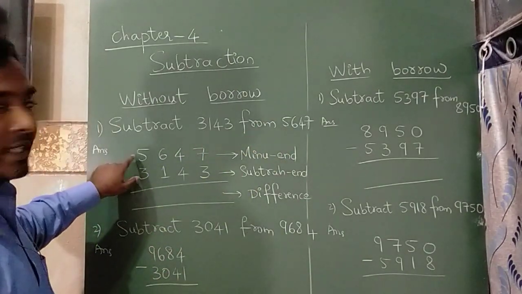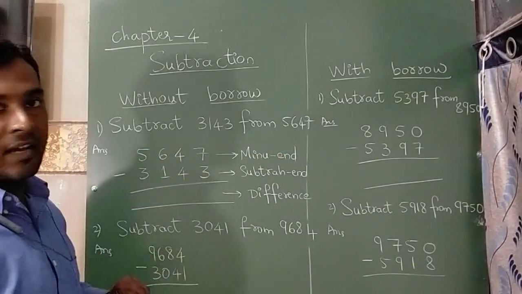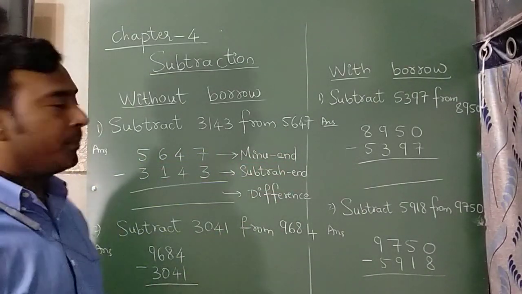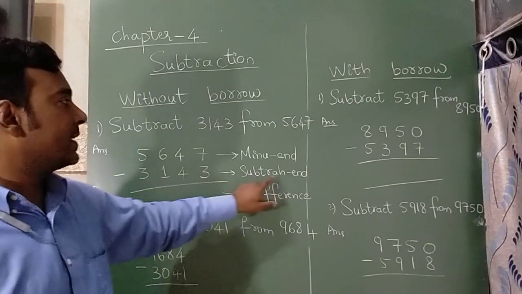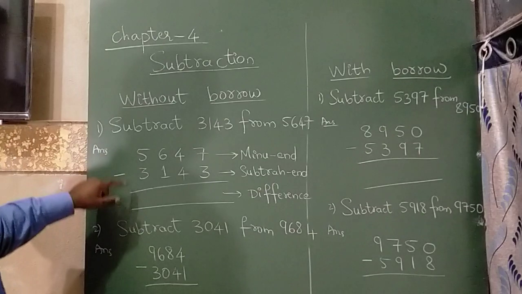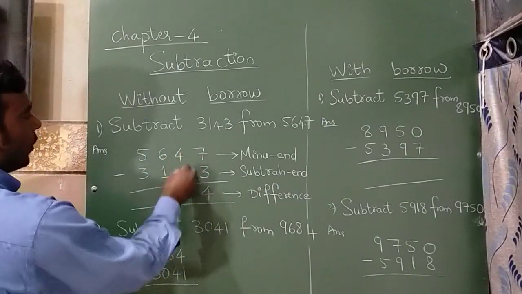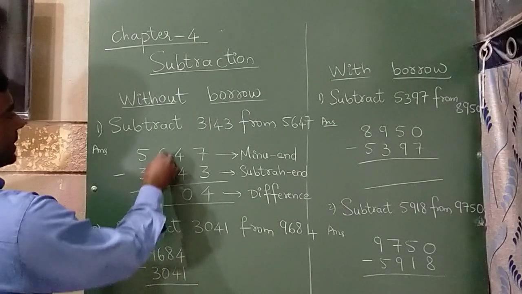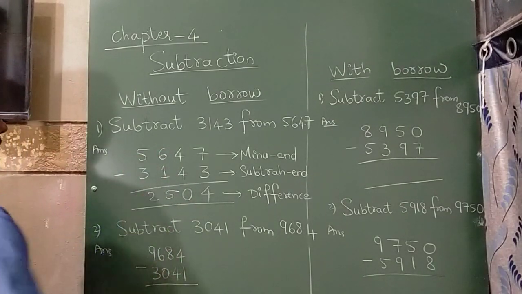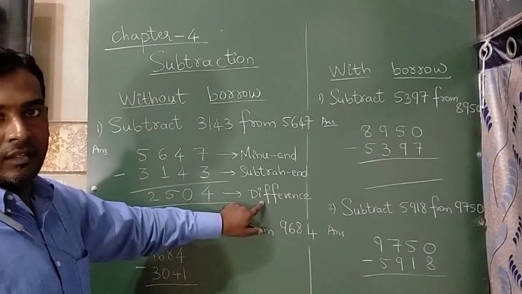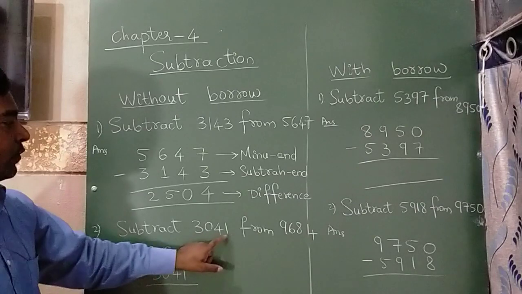So this number, the bigger number 5647 I have written, so that is called as minuend. Minus 3143 is called as subtrahend. Now I need to subtract this. Okay, 7 minus 3 is 4, 4 minus 4 is 0, 6 minus 1 is 5, 5 minus 3 is 2. This is called difference. Fine. Now the second question is subtract 3041 from